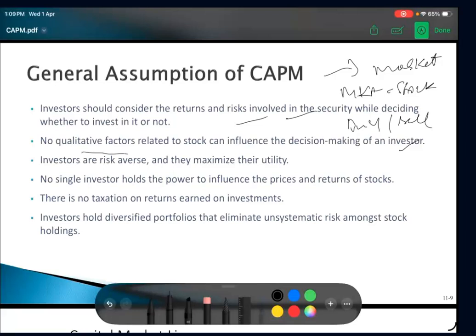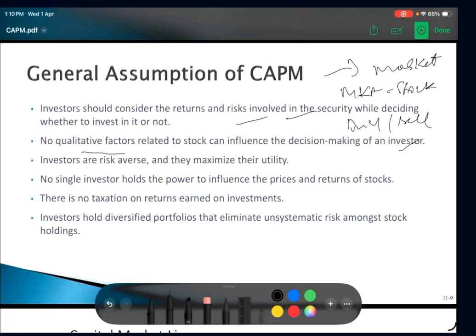So the qualitative factors are those which cannot be measured. It could be something like board composition, or any changes. Let's say firm X is being acquired by firm Y, and this is just the news and the deal is not finalized. Possibly this will not reflect in the CAPM model when you draw it, because the CAPM